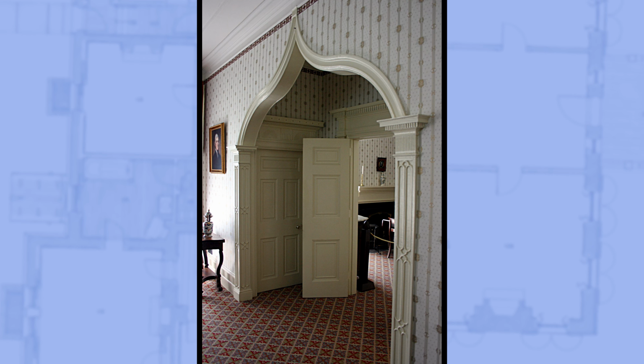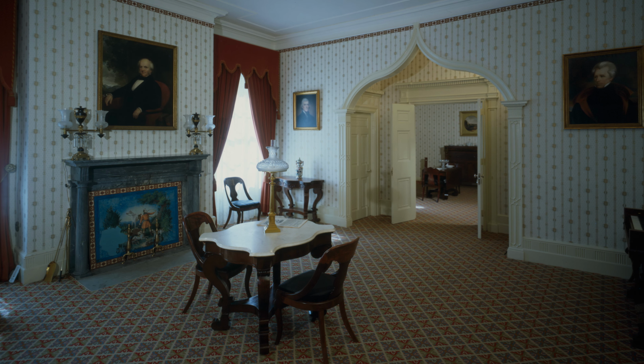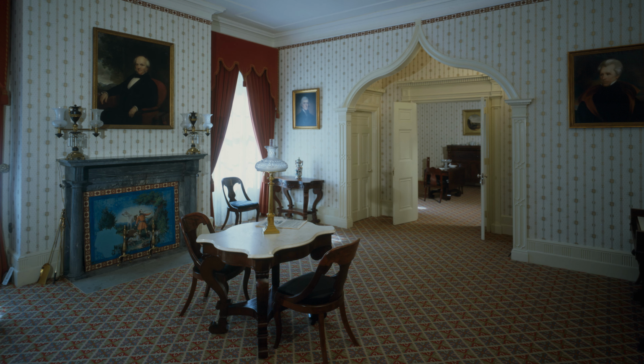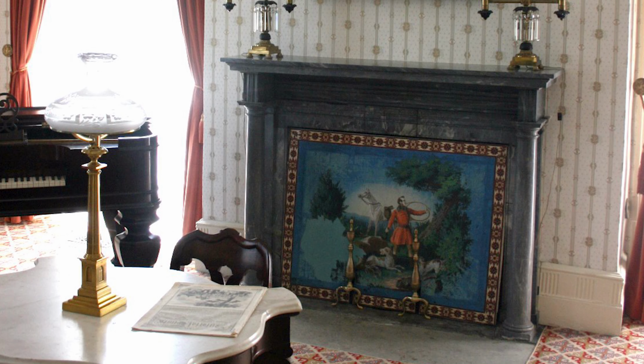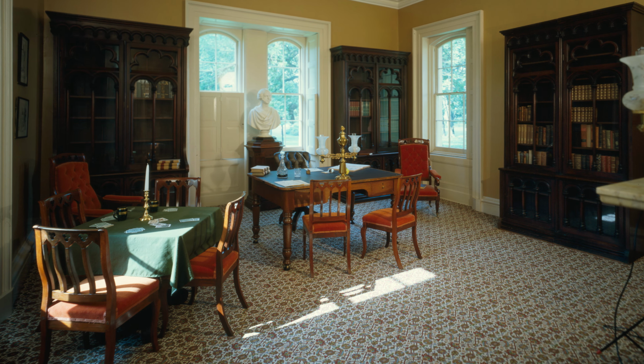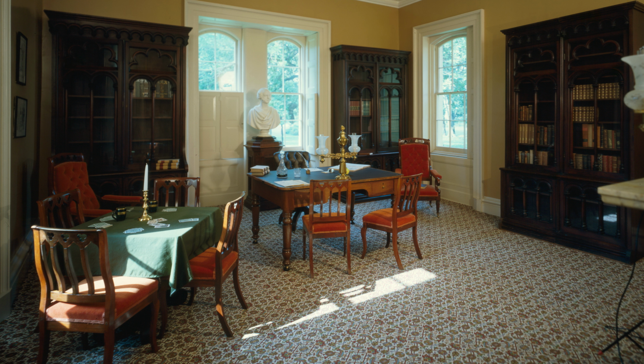music room. In the music room, we will note the bold, black marble fireplace mantel inset with a colorful summer cover, something which was highly fashionable for the time. Next, we will find the library, where we can imagine Washington Irving writing stories by candlelight until the wee hours